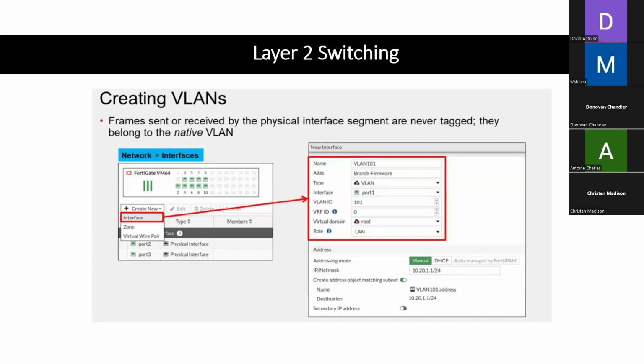How do we say that this interface is a VLAN interface? We select type, click on the drop-down list, and select VLAN. Then under that, it tells us what interface this lives off of. This is very important. You really need to make sure your design matches up with how you're configuring your FortiGate. So once you match this VLAN up with the correct interface,